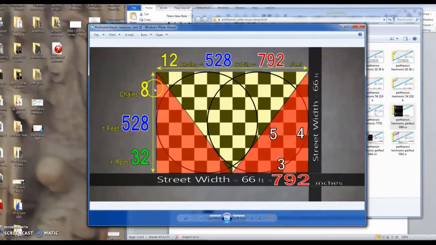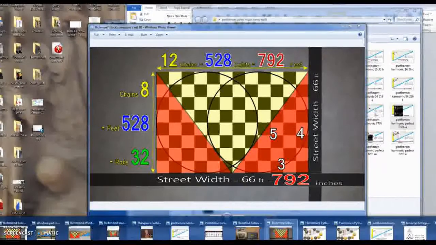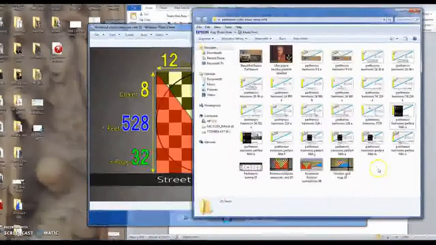At 8 to 12 chains, it's 2/3. It has this constant, and you'll find it in many other street plans of places around the world, especially with very strong connections to Freemasonic traditions. The Ionic, the Doric, Corinthian column, for instance, in tracing boards, it's built into that particular method. So next, where are we now?